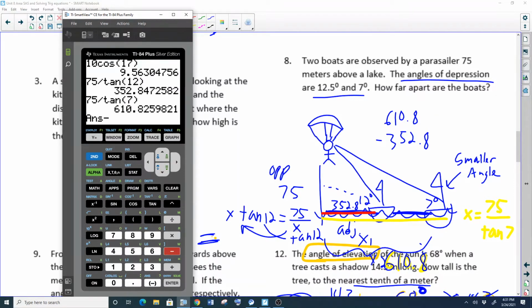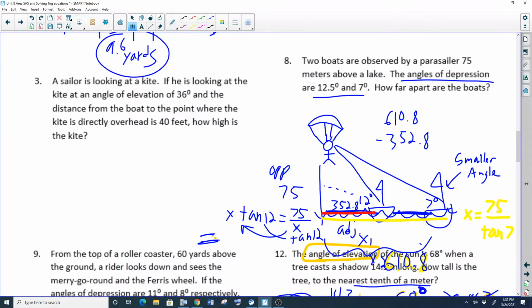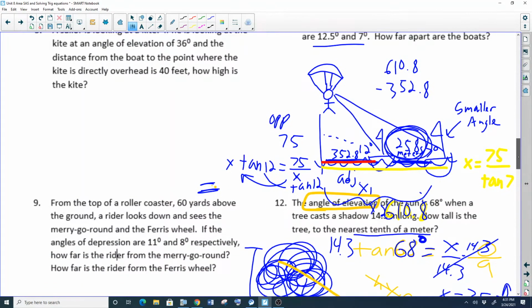Minus 352.8, which gives us 258. A distance of 258. Awesome. So 258 is our distance between the two boats, and so that's going to be in meters. Beautiful. So there's number 8 to help you out there, and I did it correctly this time